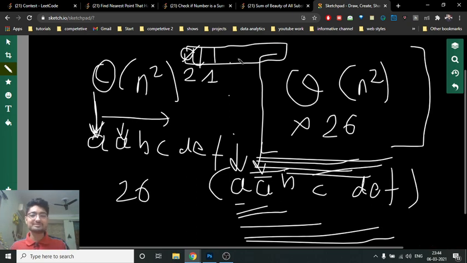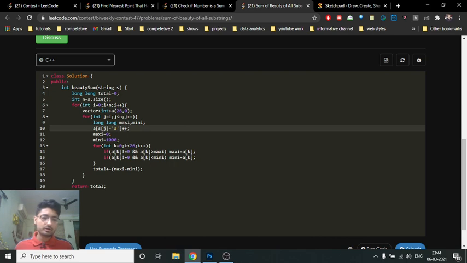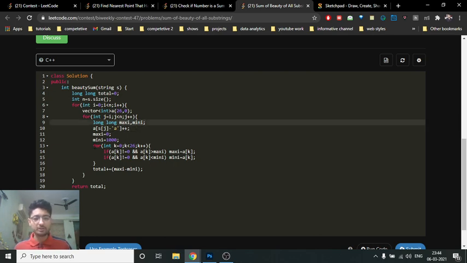And for the new frequency map, you just iterate over that whole frequency map from left to right and find out among those 26 characters what is the maximum and what is the minimum. So that's what we're doing. Starting from j equal to i till n, we're just updating that character, and that's my new frequency. Now for that particular frequency map, you have to find the maximum and minimum. We just iterate over the 26 characters and find the maximum and minimum.